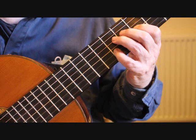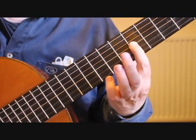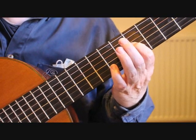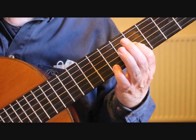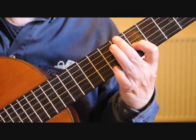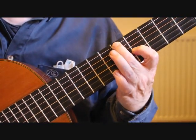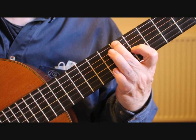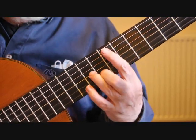Onto the 3rd beat of bar 15. I like to play it this way. I put the 1st finger on the 5th fret 3rd string, and I play the 3rd string, and I play the 1st string E open, and then the last note of bar 15 is A sharp on the 6th fret of the 6th string. So I'm playing